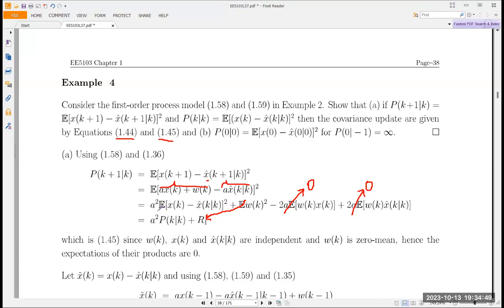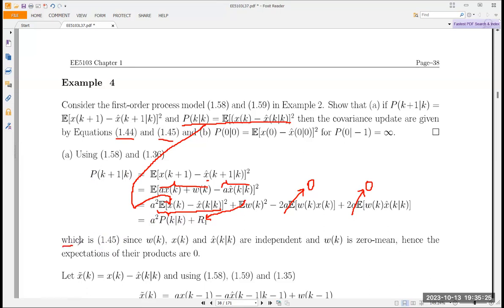This has been defined as this. All right, which is this one here. All right, so just in case you don't see, this is used in here to get this. Then you say, hey, this P k plus 1 k equals A squared P kk plus R1